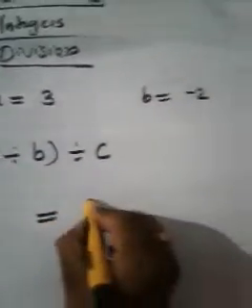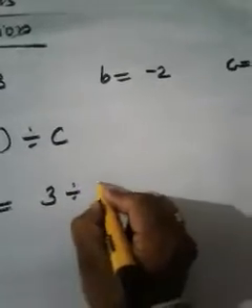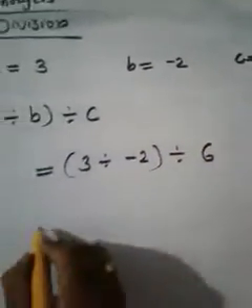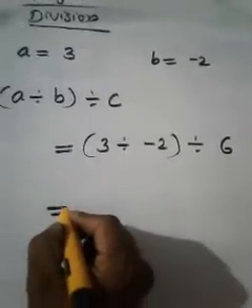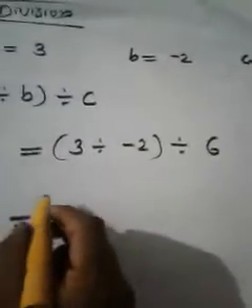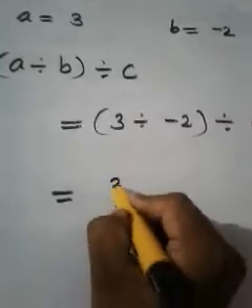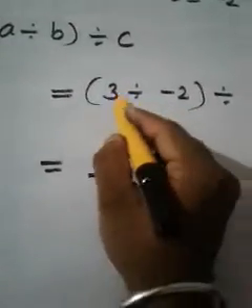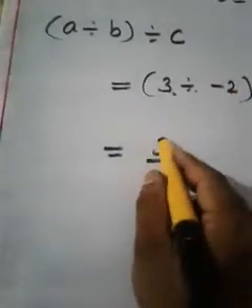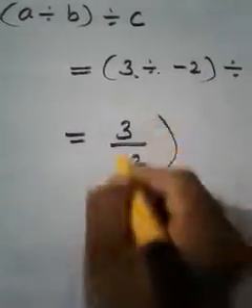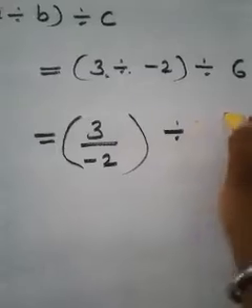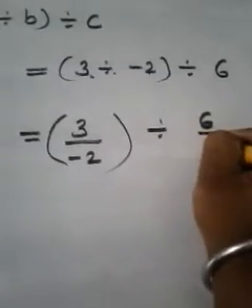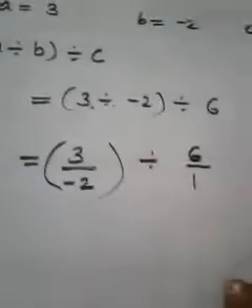Yes. What is a? 3 divided by, what is next one? Minus 2 inside the bracket, divide by 6. You may have understood. Now you just see, in order to do this, what I am going to do is this: 3 as it is, divided by this. Any problem? No. 3 divided by minus 2, in this way also we can write. Then give a bracket, then 6. Can I write 6 as 6 by 1? Yes. Why am I doing like this?